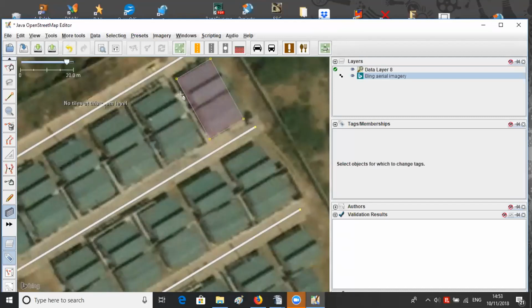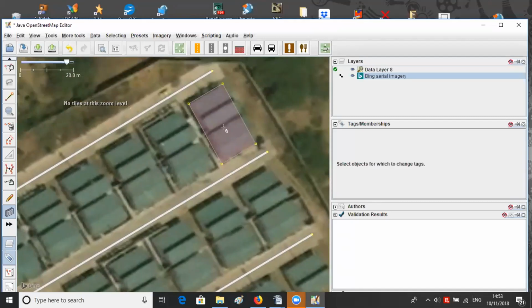So I'm setting the building to the footprint of the building that I can see at the side here. The roofs are slightly offset because, as you can see by the shadow, they're actually higher than each other. So this is one building, not sort of offset little buildings. Now what I can do is I can select